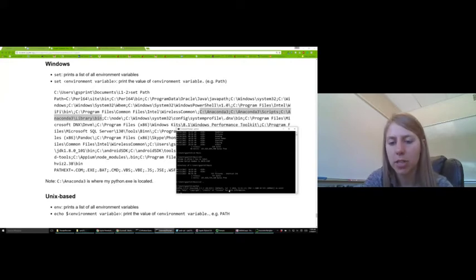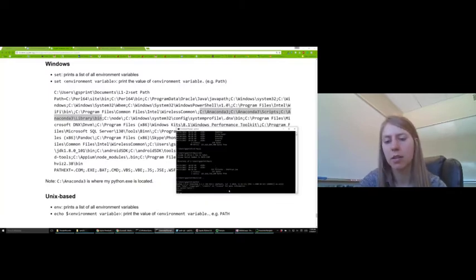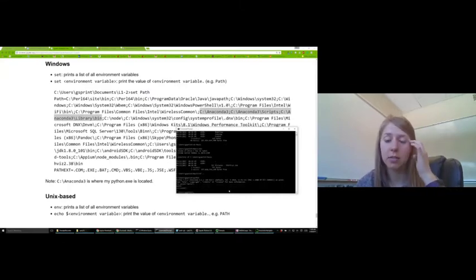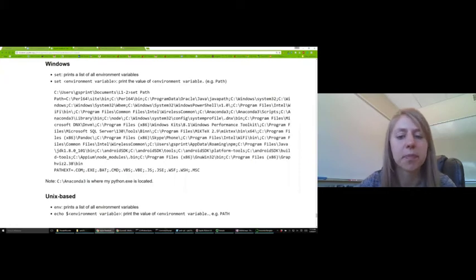See how my prompt changed to these 3 greater than signs. So now I can actually run Python code in my command prompt. And when I'm done, I can exit out of Python and return back to my command prompt. Okay, so